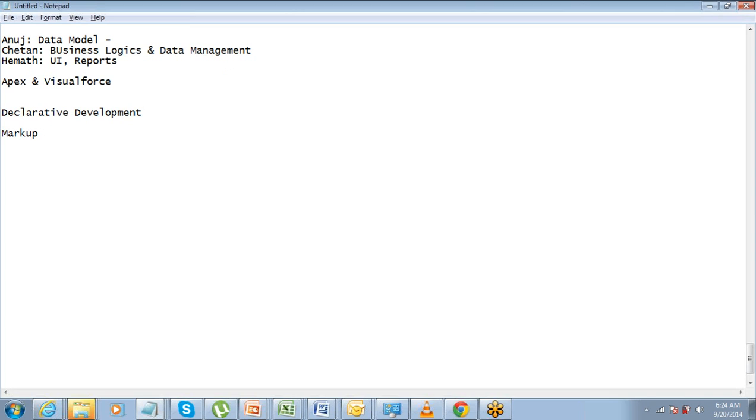One is a markup language. Markup language is basically used for designing the interface, for setting the markups or designing.